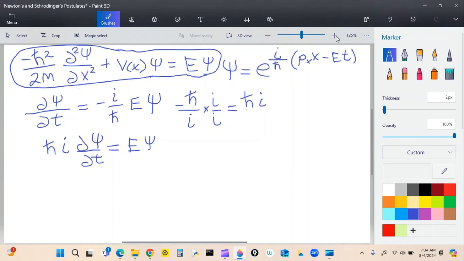Okay, here's this factor out here. So e to the psi, have trouble saying this Greek letter, but let me just keep going here so I can equate these two together. H bar i, first derivative of psi with respect to t,